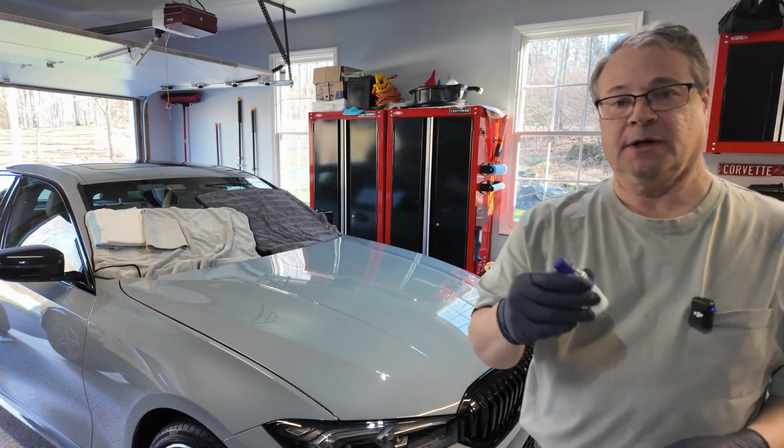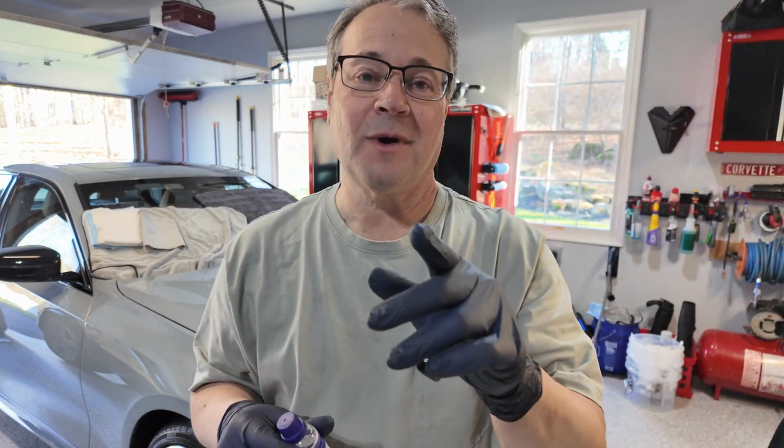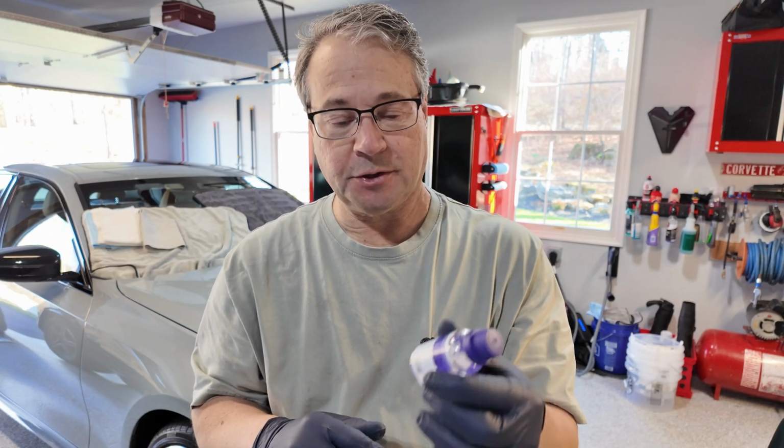Whenever you open up a ceramic coating, and I found out the hard way, always open this away from you because sometimes these are pressurized. I don't know if this one is. I'm not going to take any chances. So let's go ahead and...